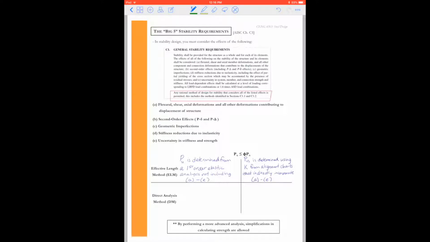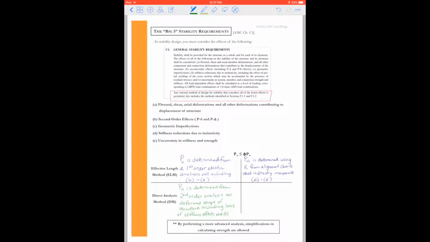In the direct analysis method, we do it a little bit differently. Here, now we determine P sub u from a second order analysis on the deformed shape of the structure, including loss of stiffness effects